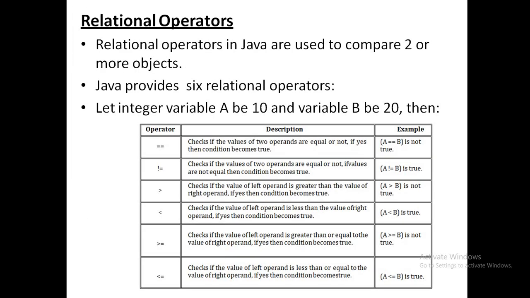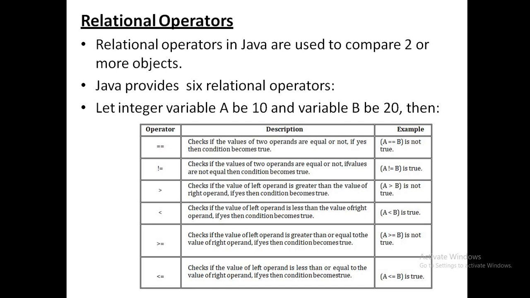Relational operators. Relational operators are used in Java to compare two or more variable values. So there are 6 normally used relational operators, that is equal to, which means it is checking whether the values that are being stored in the two variables are the same, and not equal to, which is nothing but checking whether the values that are being stored in the two operands are not the same, and greater than, to check whether the value stored in the left operand is greater than the value that is stored in the right operand,